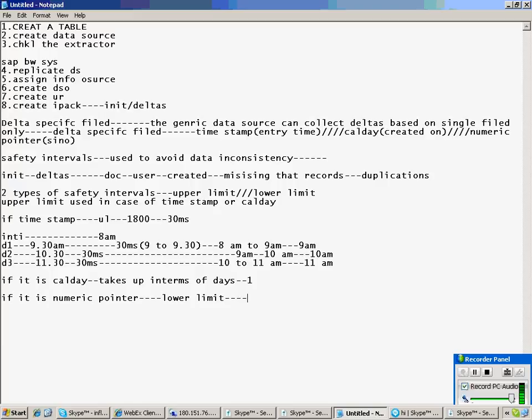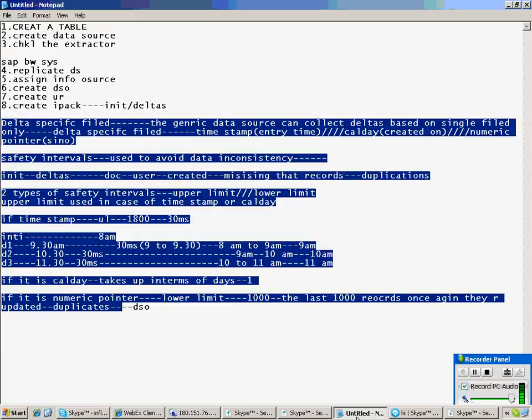If I maintain a lower limit of, let's say, 1000, the last 1000 records are once again updated. So, there is a chance of duplicates here. That is where DSO comes into picture, where it's going to override duplicates. So, this is about your safety interval.